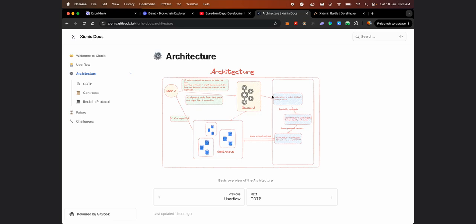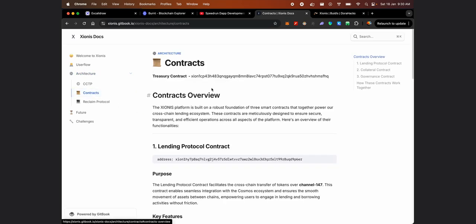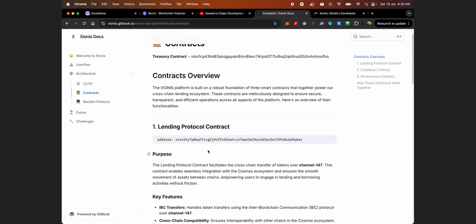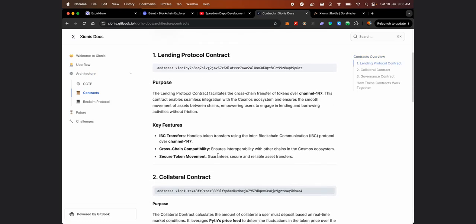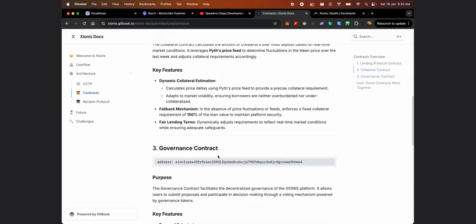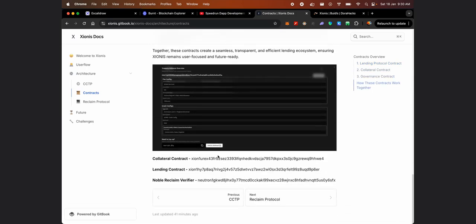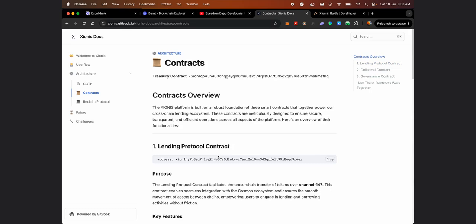USDC Noble's equivalent amount into Xiono Noble, and from Xiono Noble we can use the channel 147 and make an IBC call from our lending protocol contract which I have written, and from there you can see that we will receive Xeon tokens on our address. So this was the overall working, and here in the docs I have also explained the working of the contracts. I have also written the address where the contracts have been deployed, and we can also use Zion for the vice versa.